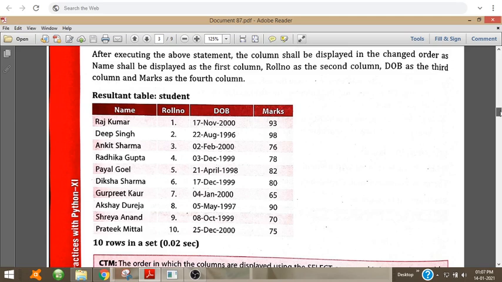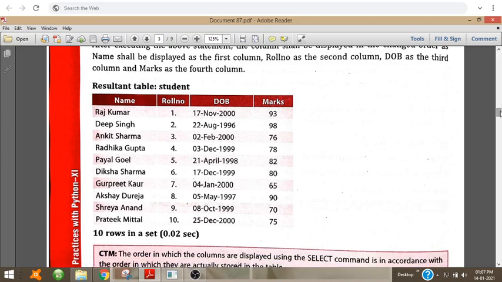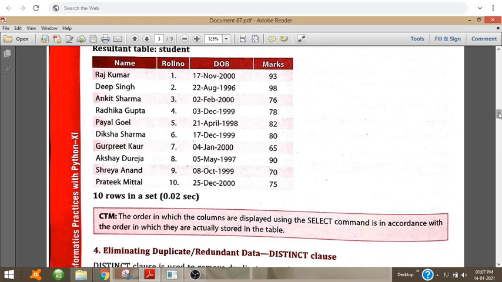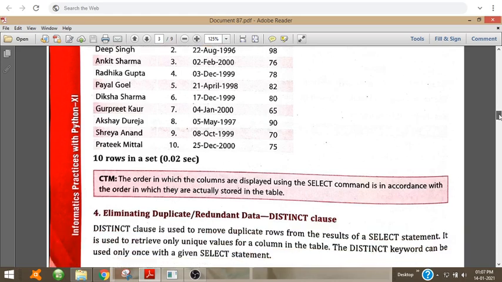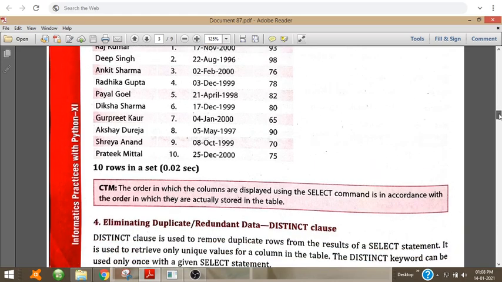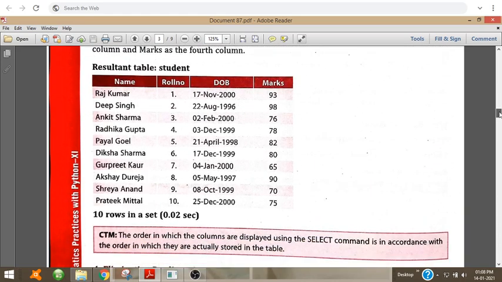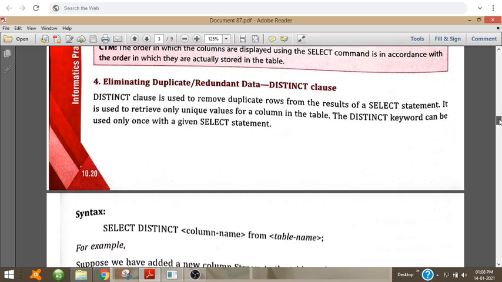So if we select these rows, then while displaying only these changes take place. It is not updated in the table. In our stored table, it does not make any change. Only the appearance of what is shown on the screen will be changed and it is not saved. To save that, we have to use what? Update command.